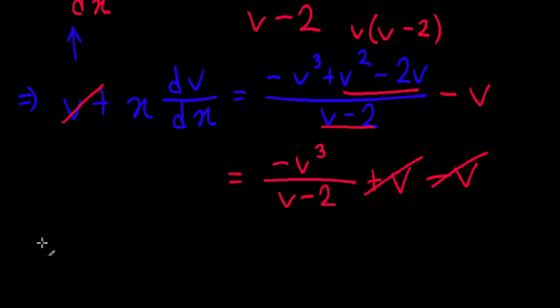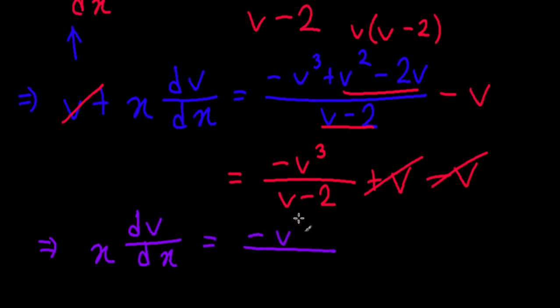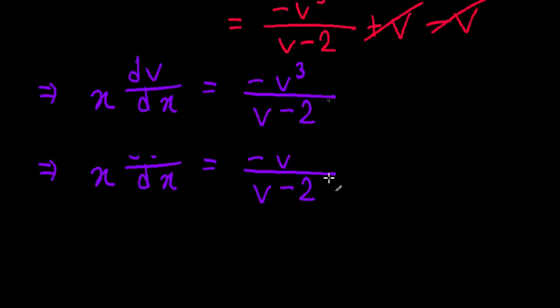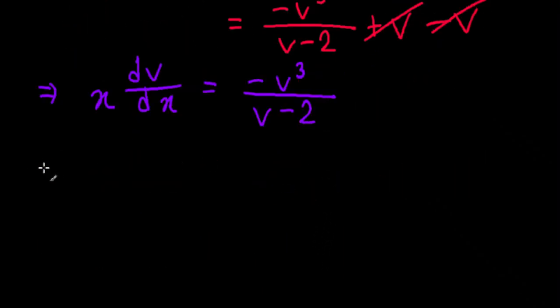So basically, I'll neatly write this again. You have x multiplied by dv by dx equal to negative v cubed divided by v minus 2. All that we need to do is separate the variables. Okay, so if we do that,